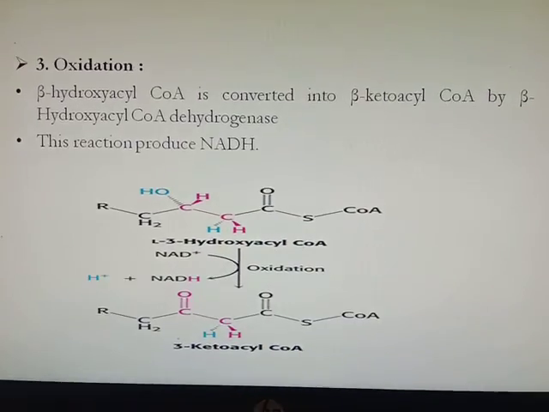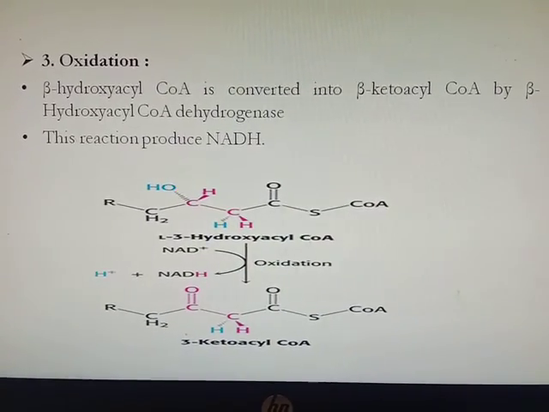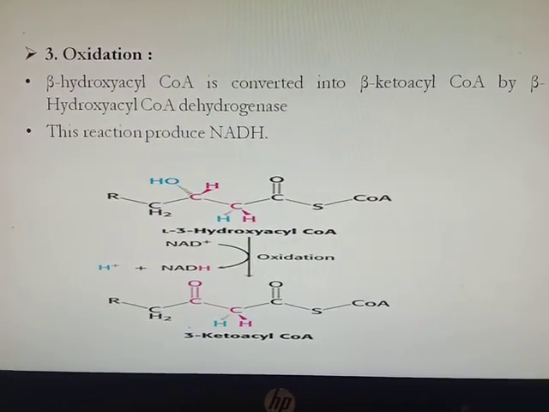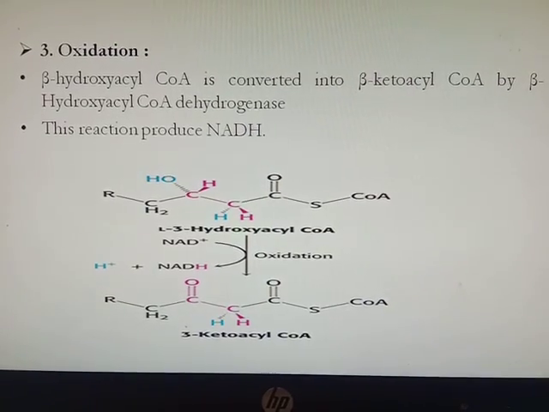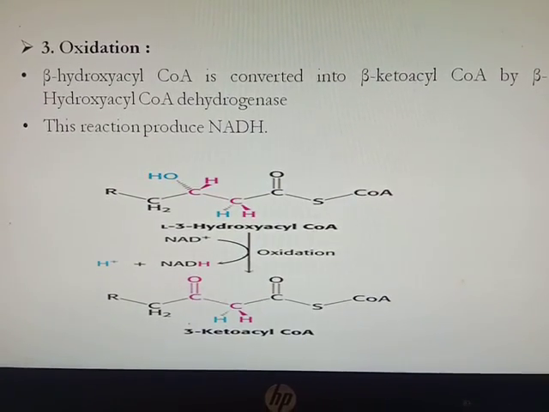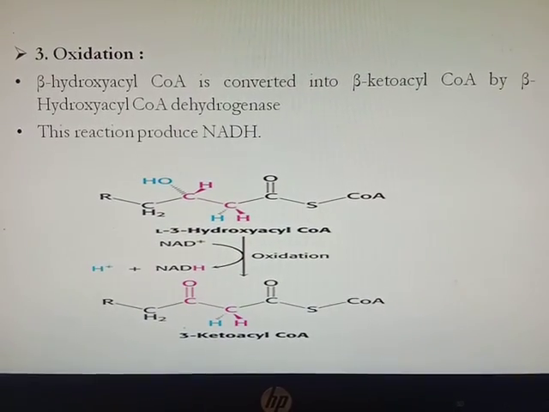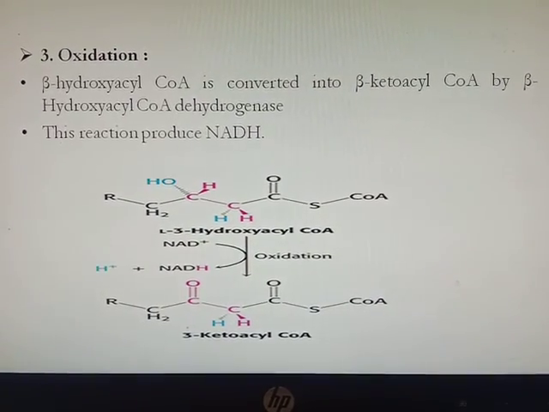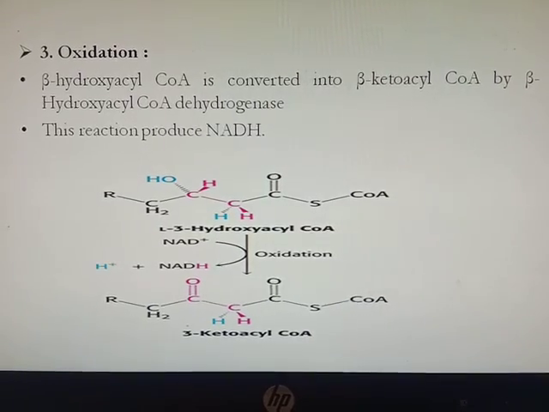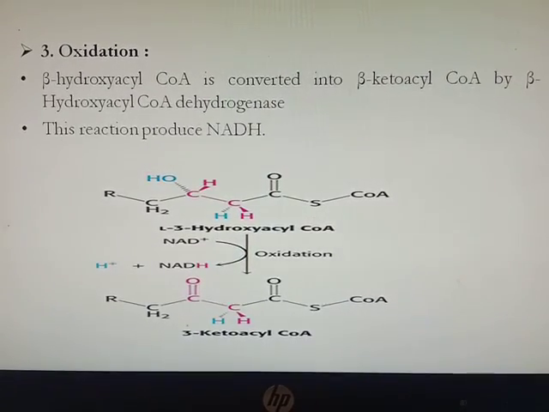Then the third step is again oxidation. The beta hydroxy acyl coenzyme A, which is formed in the second step, is converted into beta keto acyl coenzyme A by the enzyme beta hydroxy acyl coenzyme A dehydrogenase, and this reaction produces